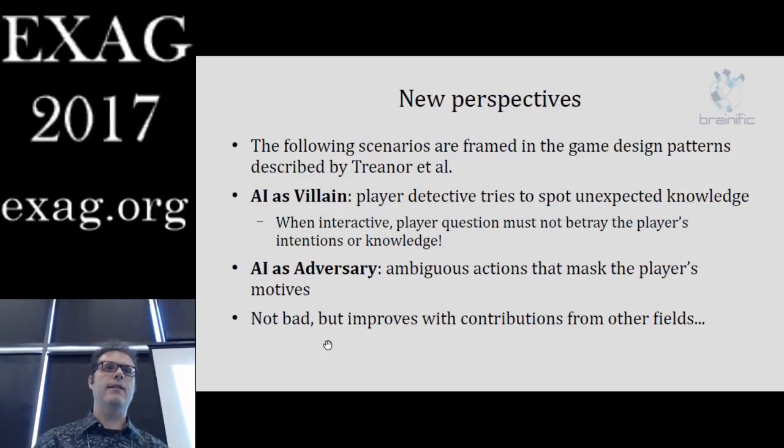For example, using the patterns described by Trainer and colleagues in their AI design patterns paper, we could use an AI as a villain, in which a player detective tries to spot some unexpected knowledge from a suspect by asking questions. And in fact, it can be turned against us, because we may not want to ask some questions that may give away information that we don't want the suspect to have. The prototypical example is when using information that we have obtained through a mole in, for example,